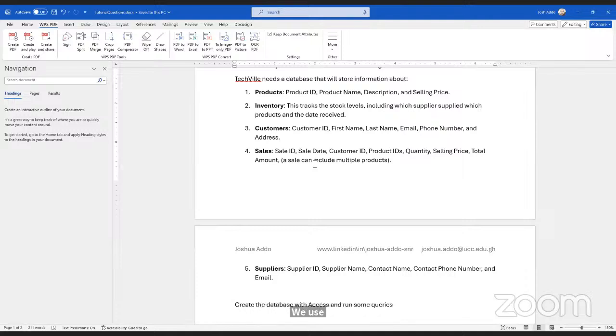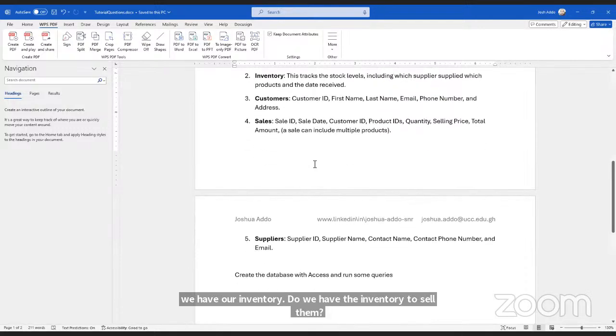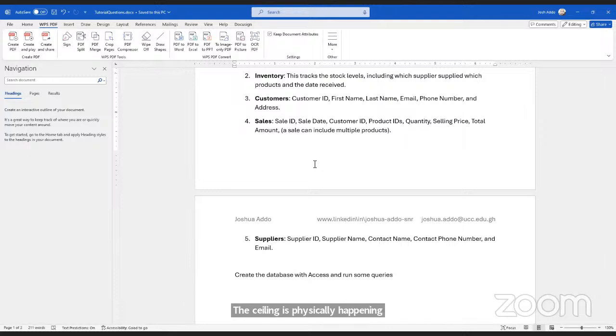When the items come into the warehouse, we set up an inventory account for it, which is the inventory table in this case. So we have our inventory. For what reason do we have the inventory? To sell them. Okay, so as the selling is physically happening, we're supposed to have records which are tracking the sales which are physically happening. And that is the sales sub-database, or if you like, the sales entity, and therefore the sales table.